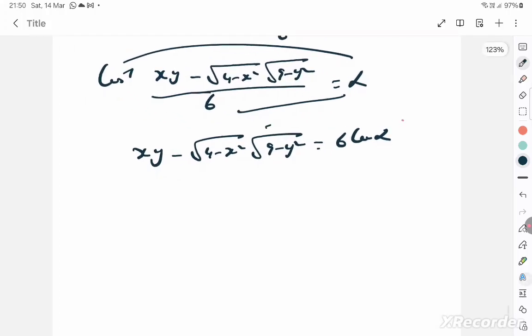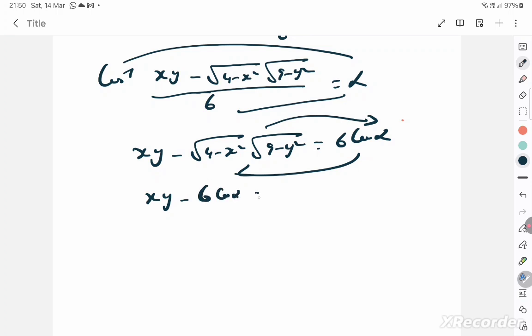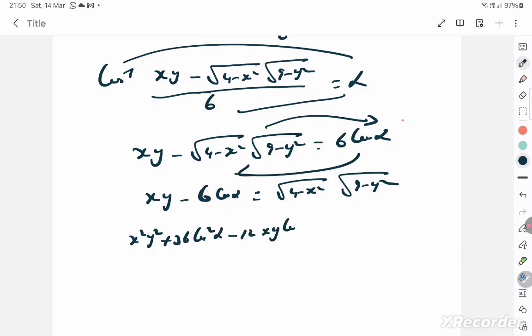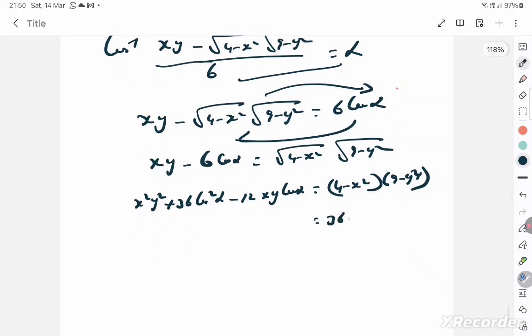So what you do, take the root to the other side, take this to the other side. xy minus 6 cos alpha is equal to root of 4 minus x square into root of 9 minus y square. So squaring both sides, x square y square plus 36 cos square alpha minus 12xy cos alpha is equal to 4 minus x square into 9 minus y square. Now multiply this: 9 4s are 36 minus 9x square minus 4y square plus x square y square. X square y square will get cancelled with this, and then